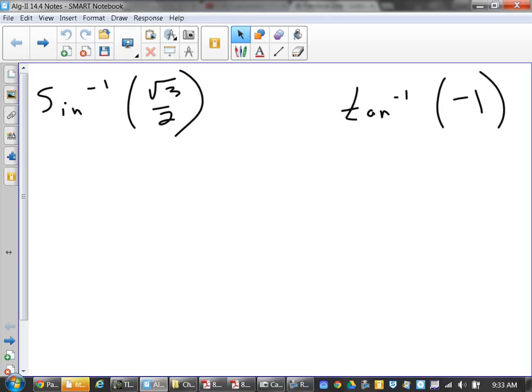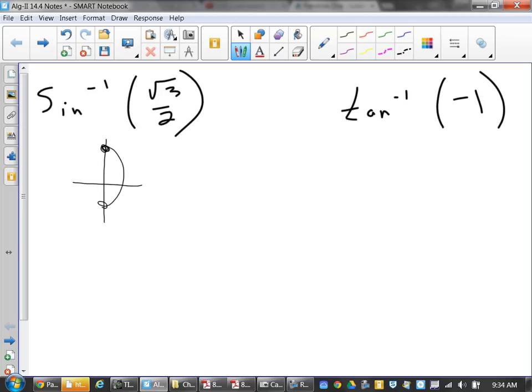How do you find the sine value, or what angle has the sine of positive root 3 over 2? What would you do? Going the long form, I plot them through. I figure out what triangle. I know I'm positive, so I'm up here. Which angle has a sine value of root 3 over 2? Well, that's your 60. So the angle that has the root 3 over 2 is your 60-degree angle. But in terms of radians, it is pi